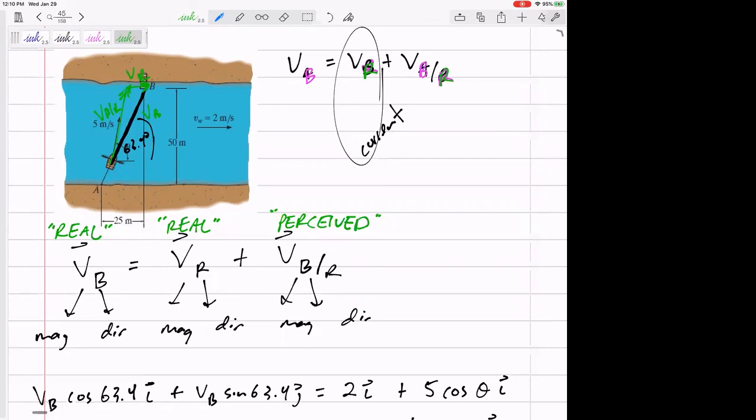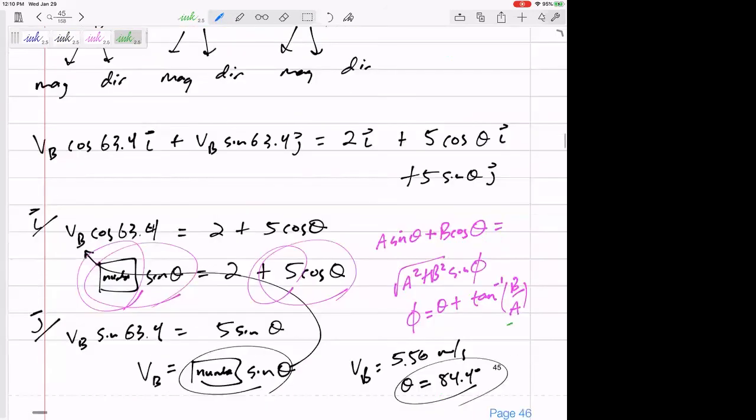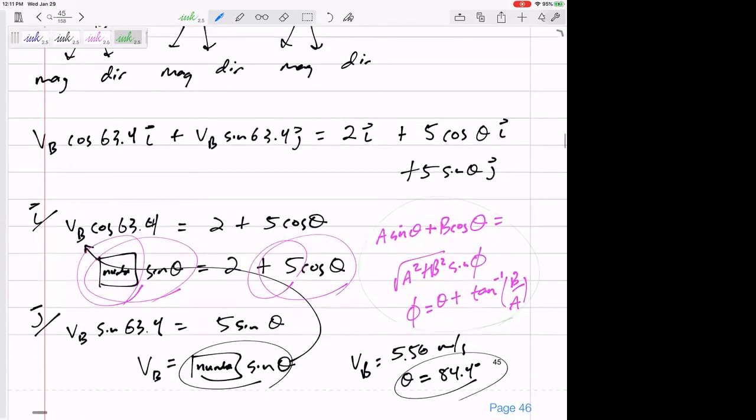If you do it with vectors, you might use a different equation and not have to use my trig identity. So there's that. The main thing with this problem is putting the right angles with the right terms: real, perceived. All right, let's